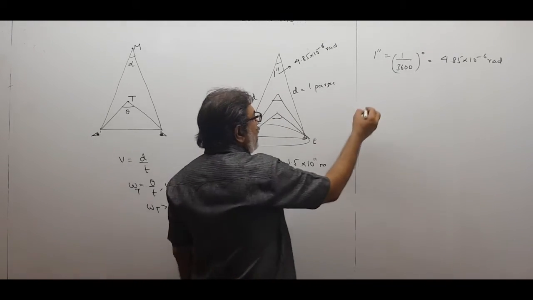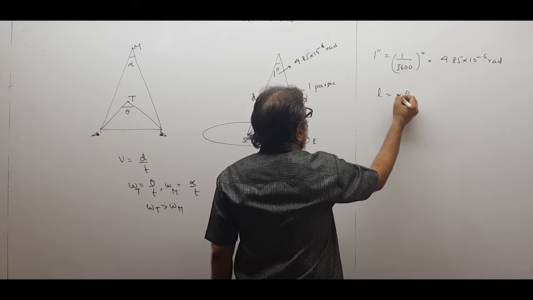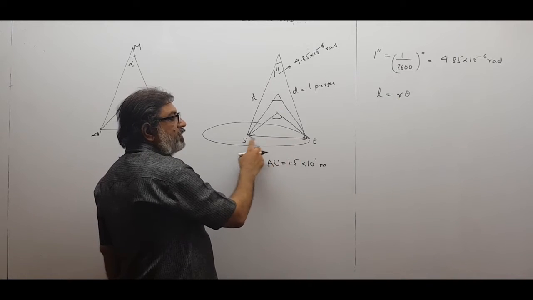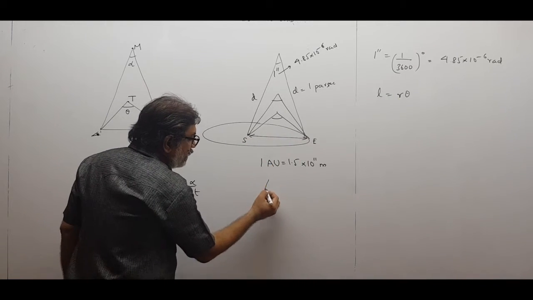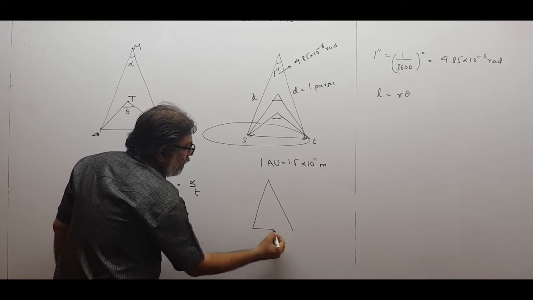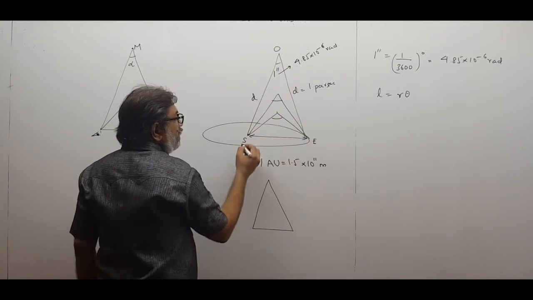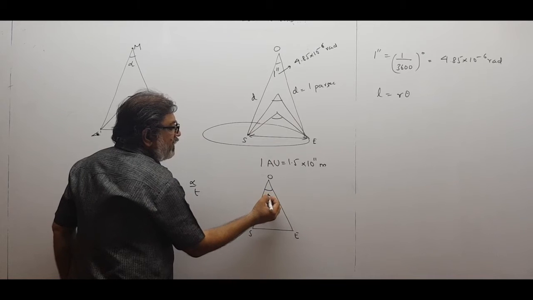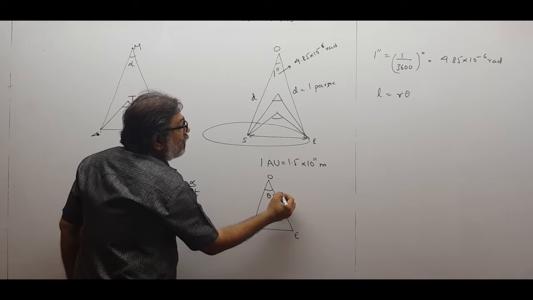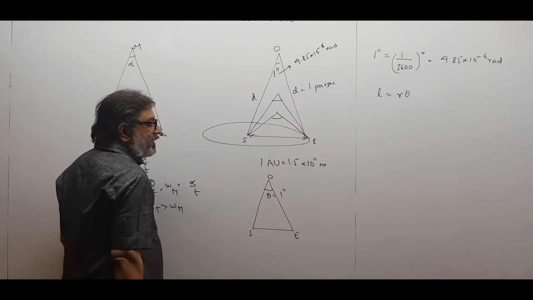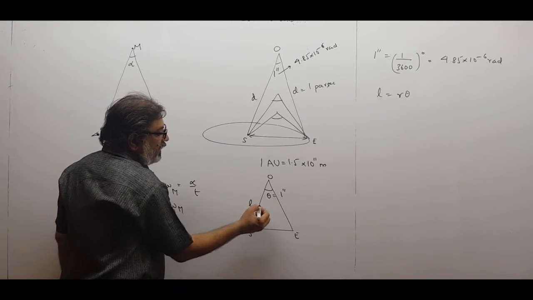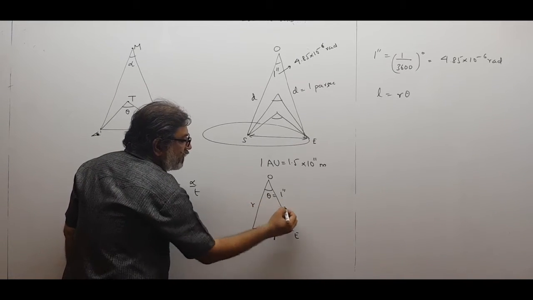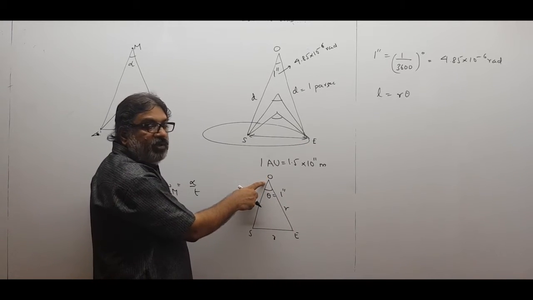So we know the formula L equal to r theta, where theta should be in radian. Length of arc means this much. You already know, look at this figure. Now I will be talking about like this. This is the point O, this is sun and earth. This is the point O, this angle is theta, which is equal to 1 second, which is so many radians. I want this length of arc L, and this is, sorry, wait. This is the radius of the circle. I will keep the center over here of the circle.